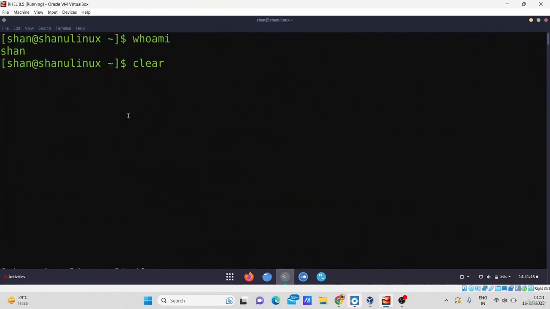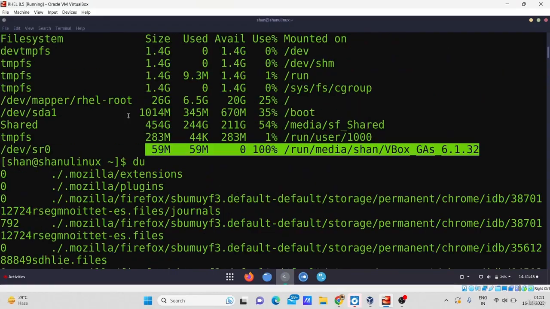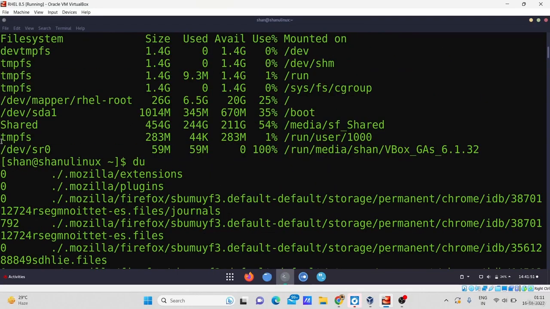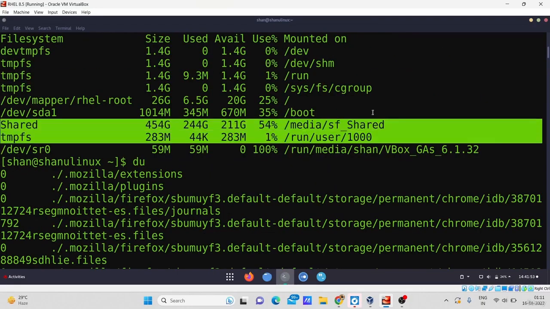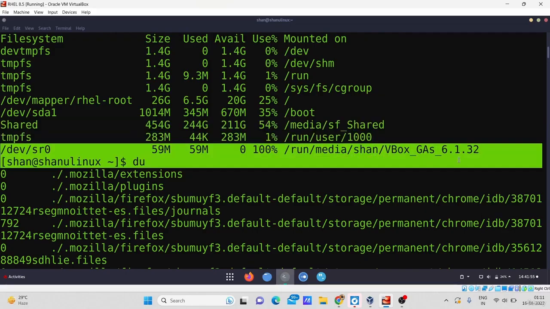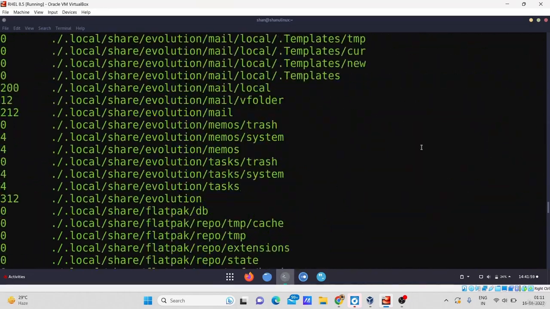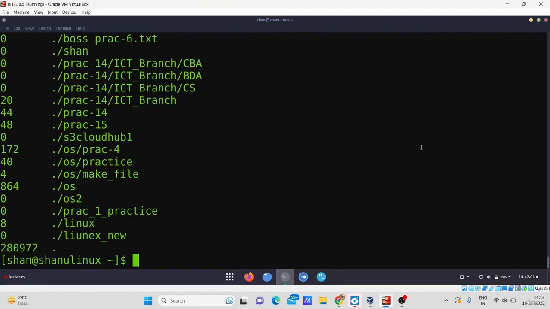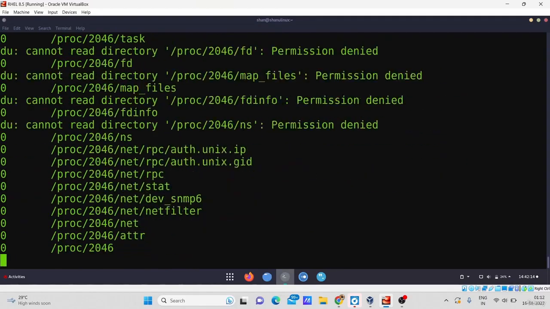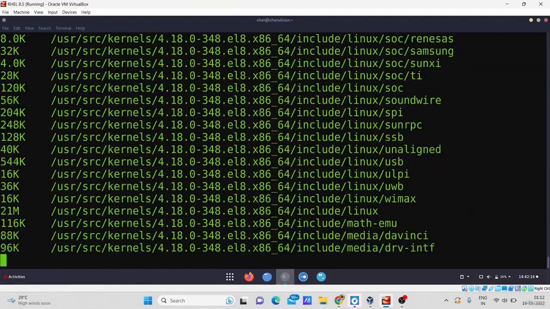But you can see it is not in the proper format. To get it into a proper format, I need to add some options so that I can see which files are taking more space in this particular directory, which has been used 100%. So for that I am going to type this command with the option. Right now if I want to display it in a human readable way, I will type this command, and you can see it is showing me infinite